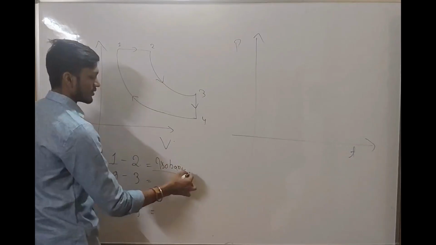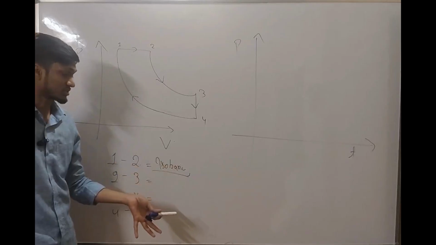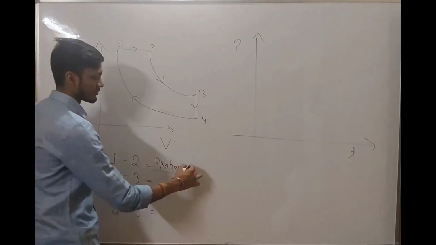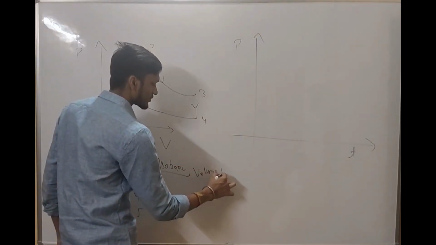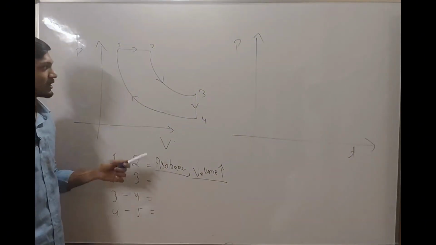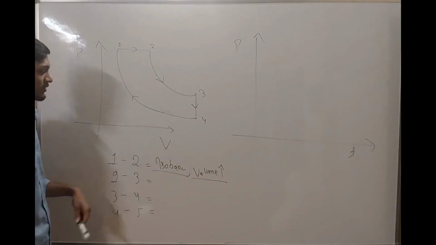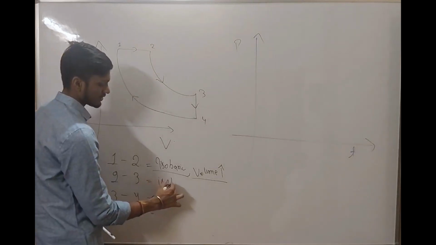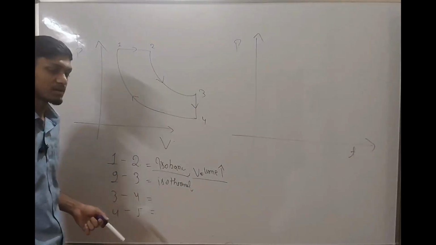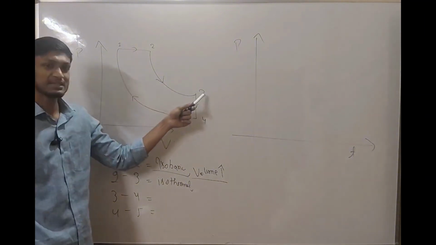as well as we can analyze another important point in this process, that the volume is constantly increasing. So volume is increasing. These are two observations that we could have made by analyzing this graph in the process 1 to 2. In the process 2 to 3, we have been given in the question that it is an isothermal process. So isothermal implies that the temperature will remain constant,